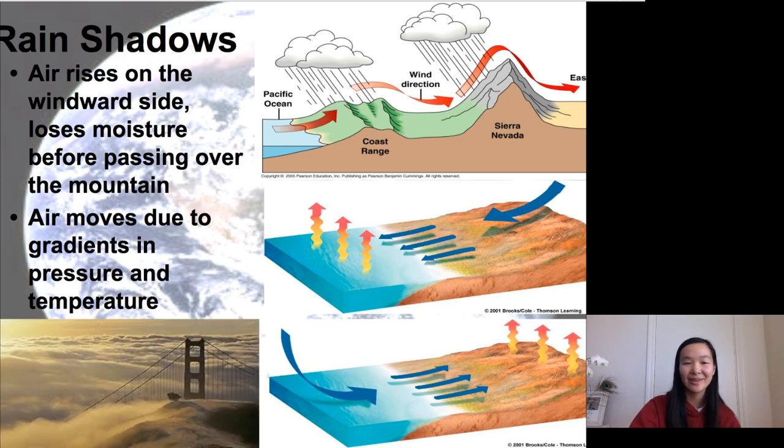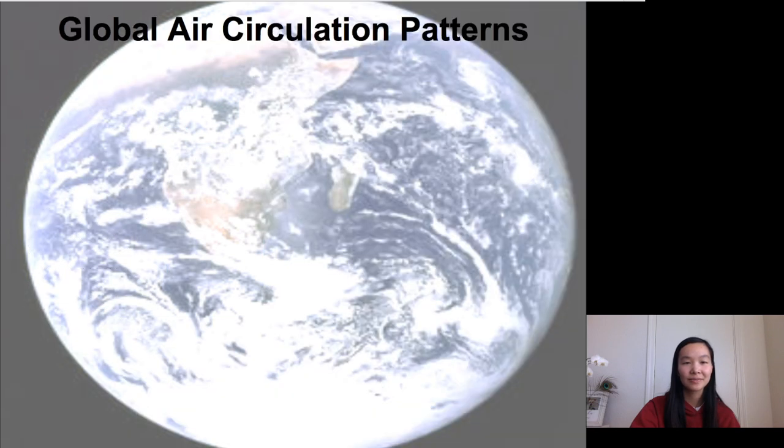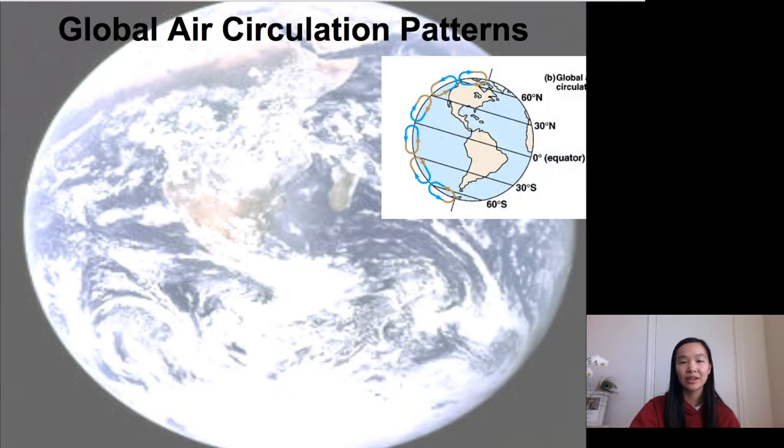And that's why here in the Bay Area we have such lovely weather. It doesn't really get too hot in the summer. It doesn't really get too frigid in winter. Pretty nice. Okay, so that's how you get your air circulation